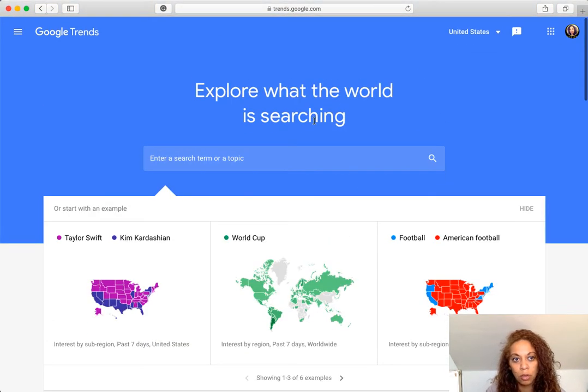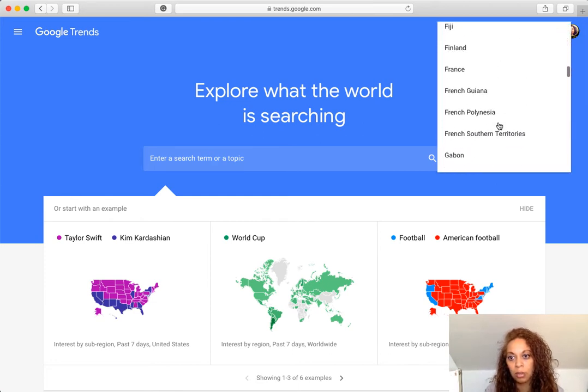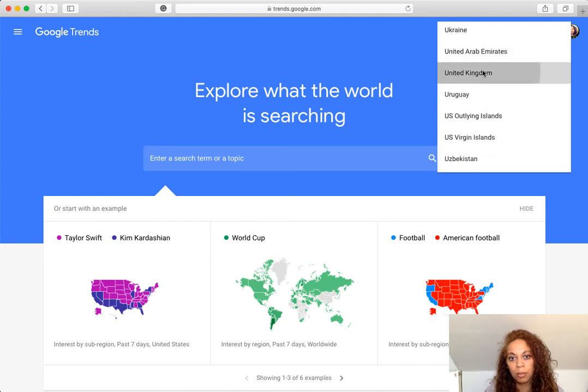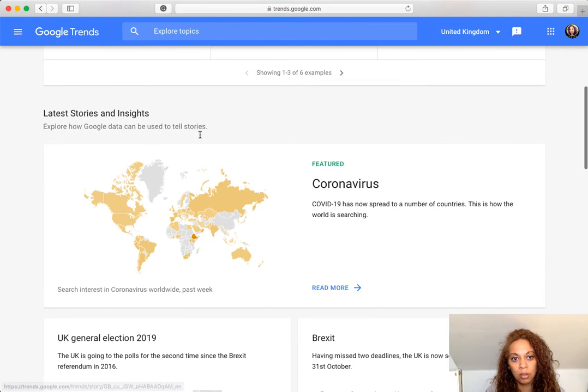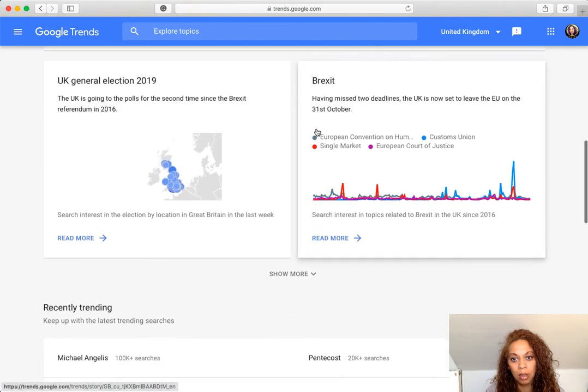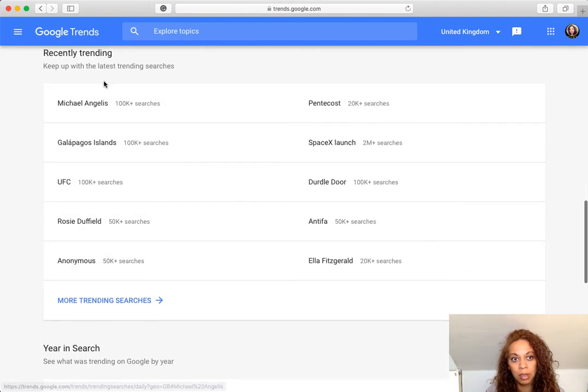So you can search by country. So if I just go here, because I'm in the United Kingdom, I'm just going to put the UK. Here we go. So we'll see what's trending here. As you can see, we've got latest stories and insights, different things that have happened over time, and here recently trending. So if you just click on here,